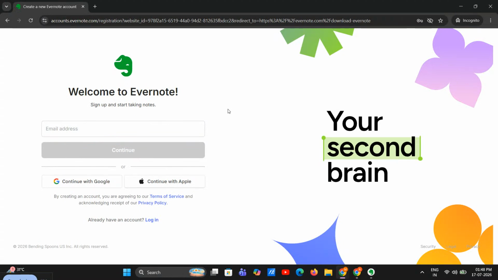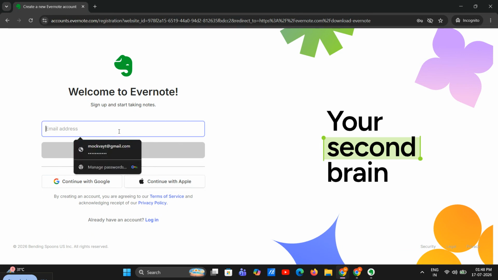After that, Evernote will give you a few different ways to create your account. You can continue with Google, continue with Apple, or continue with email. If you want the fastest setup, using Google or Apple is usually the easiest because it can connect your account automatically. But if you prefer to keep things separate, or you don't want to use a connected login, the email option works perfectly too. If you choose to sign up with email, enter your email address into the field provided,